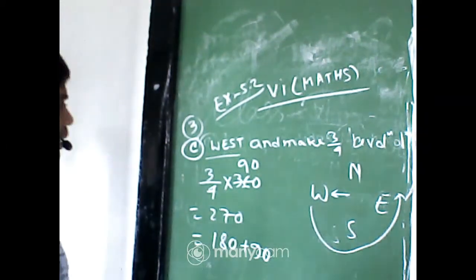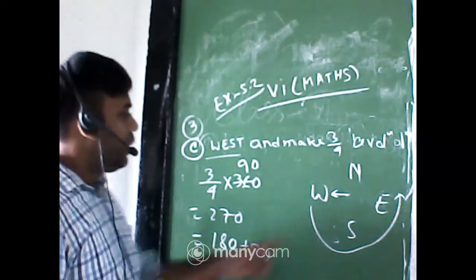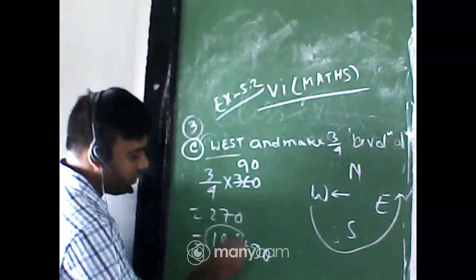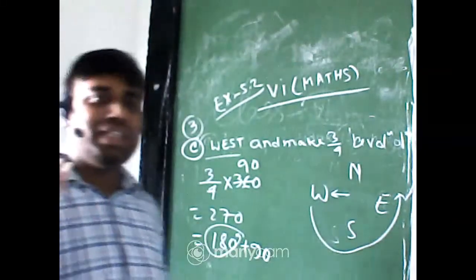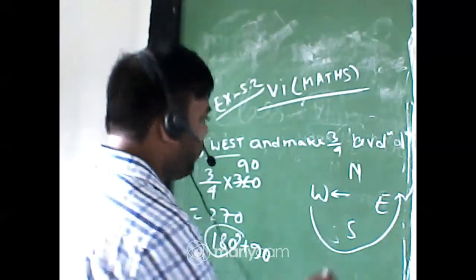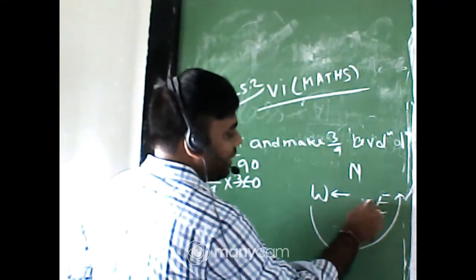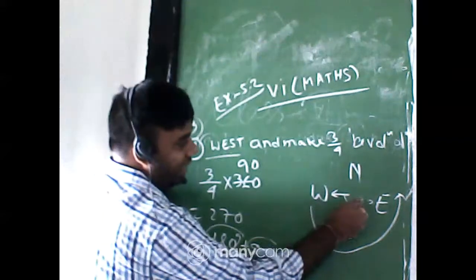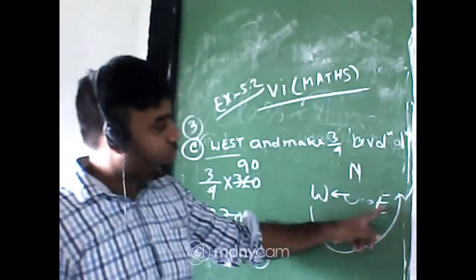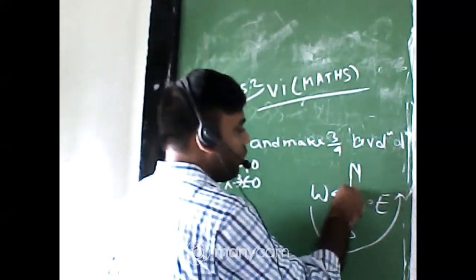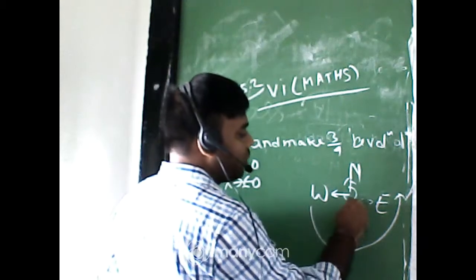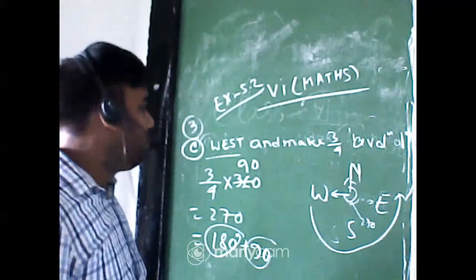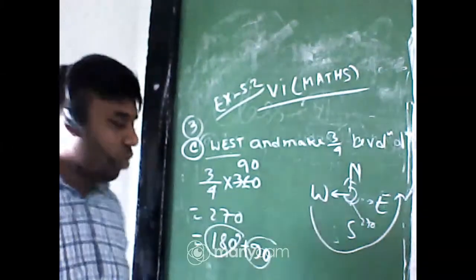Okay, now you are facing at west. First move 180 degree. 180 degree means just the opposite direction, so you will reach east. Next 90 degree, east to north. That angle is 270 degree in total, and that is also anti-clockwise. So finally you will be facing the direction of north.